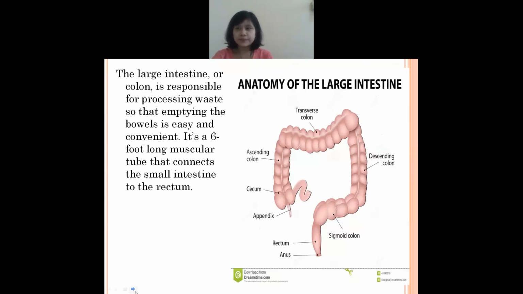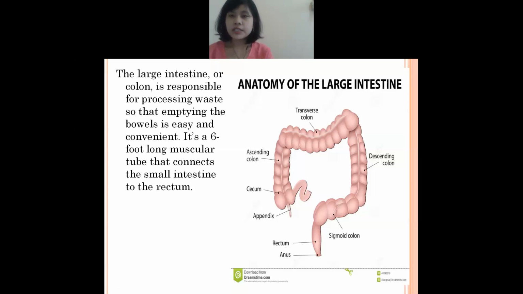Okay, next is large intestine. Okay, small intestine के बाद कहा जाएगा large intestine. Okay, after small intestine, it will go to the large intestine. Large means big. Okay, bigger than the smaller one. Large मतलब बड़ा, small intestine से बड़ा होगा।